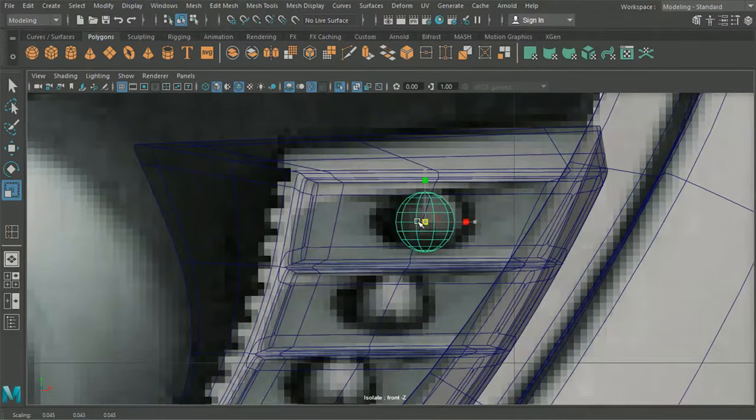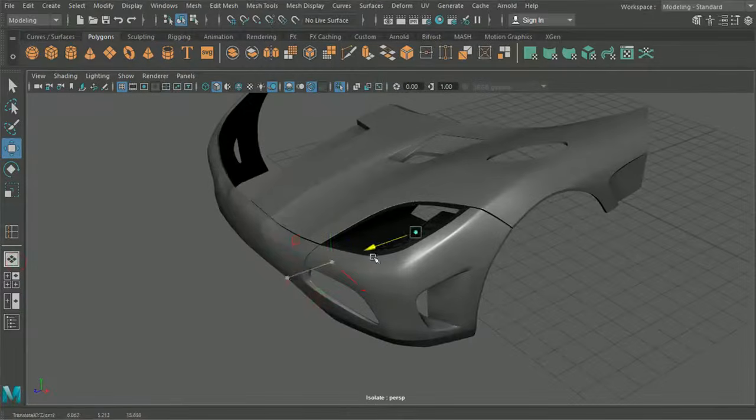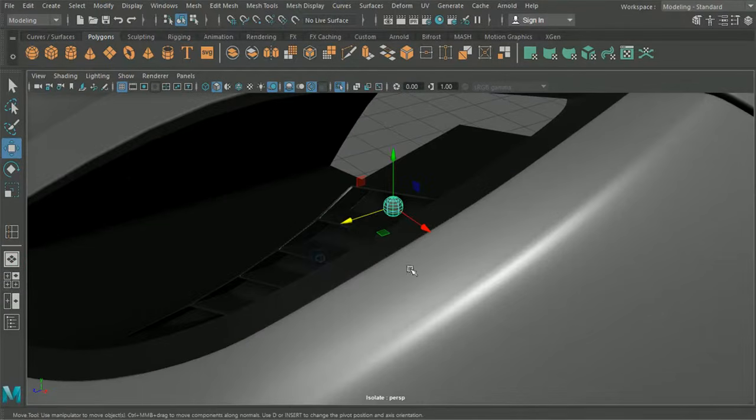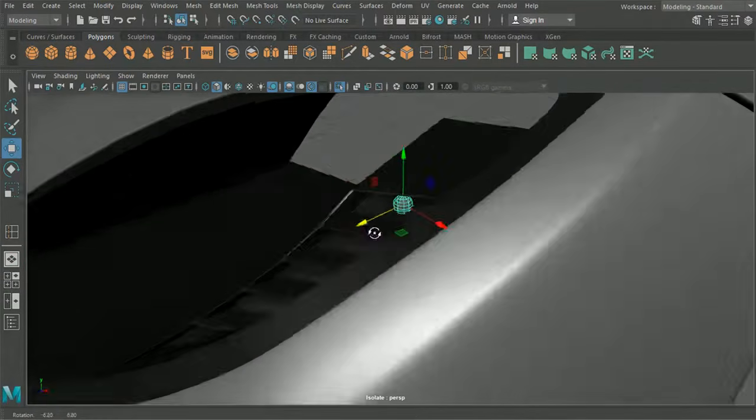So if you drop that in something like that. We'll just push that into place.